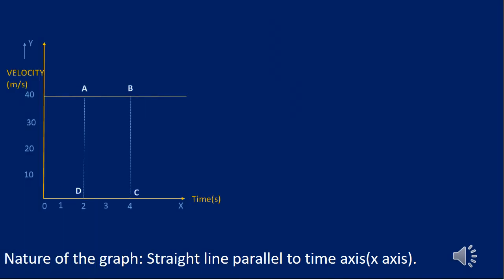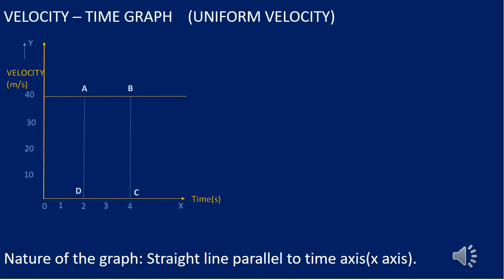Children, we were discussing the velocity time graph of an object moving with uniform velocity. So, what is the use of this velocity time graph? Let us discuss one of its uses. Here velocity time graph can be used to calculate the distance or the displacement covered by an object in a particular time interval, say t1 to t2. So look at this graph here. Let us just calculate the distance or the displacement when the object moves from 2 to 4 seconds.